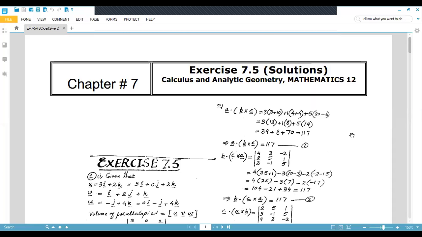Exercise 7.5, question number 1 is find the volume of the parallelepiped for which the given vectors are 3 edges. The proof for the volume of the parallelepiped is given in your textbook on page number 361. Volume of the parallelepiped is u dot v cross w. The proof is given, so only the second part is included. So second part is